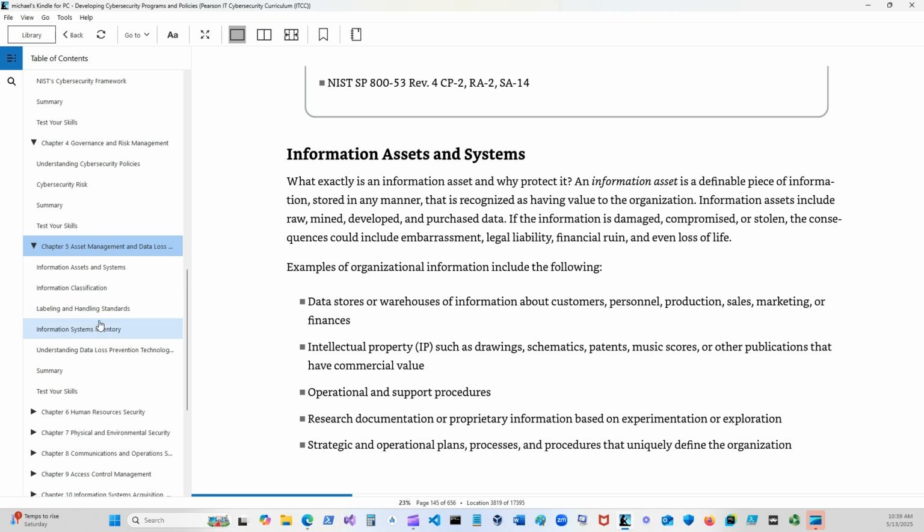So information assets and systems. What exactly is information assets and why protected? An information asset is a definable piece of information stored in any manner that is recognized as having value to the organization. Information assets include raw, mined, developed, and purchased data. If the information is damaged, compromised, or stolen, a consequence could include embarrassment, legal liability, financial ruin, or even loss